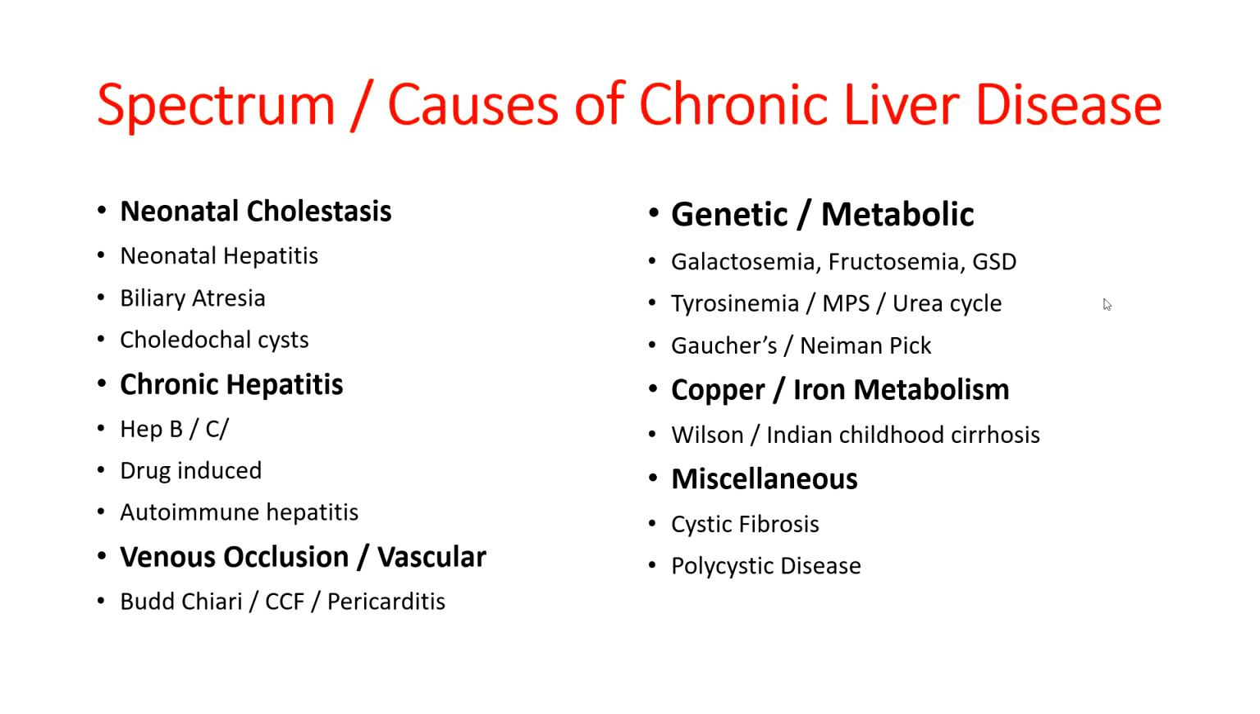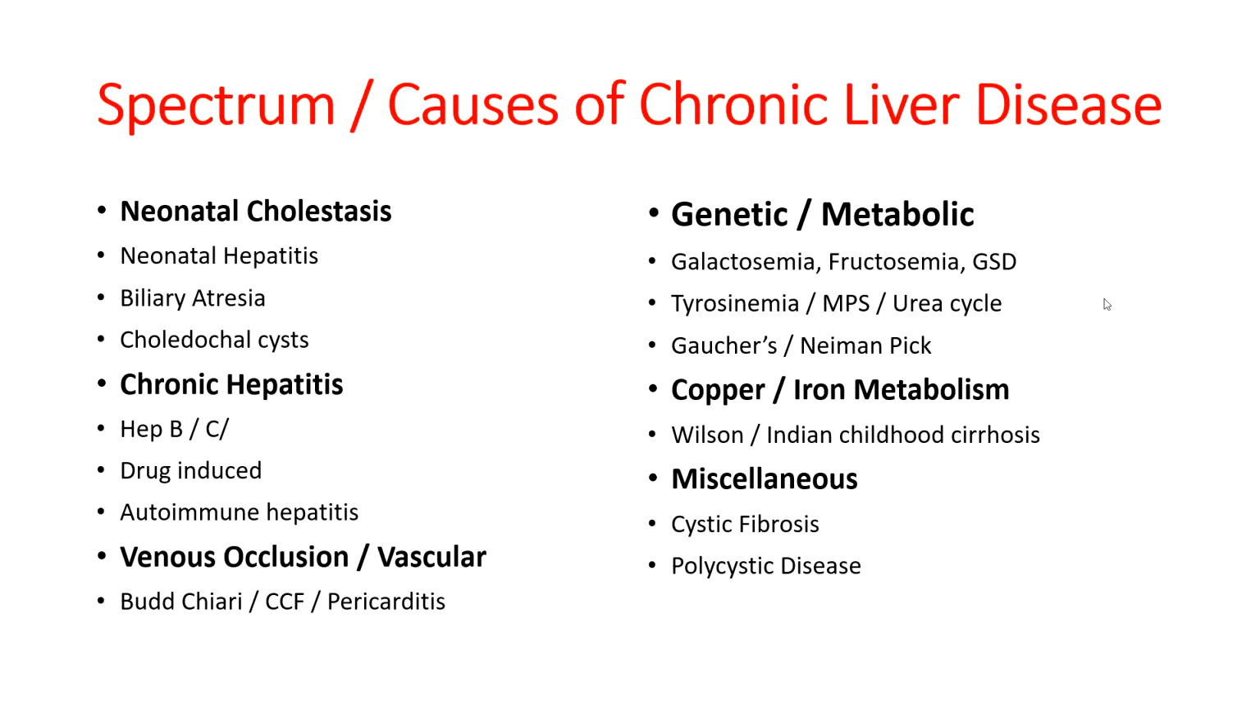There are conditions in which there is venous flow obstruction, occluded venous blood flow, vascular issues like Budd-Chiari, like congestive cardiac failure, like long-standing pericarditis that end up as chronic liver disease. In children, we happen to see a number of genetic and metabolic disorders. I'll give you a simple example of galactosemia, in which the baby is unable to metabolize galactose